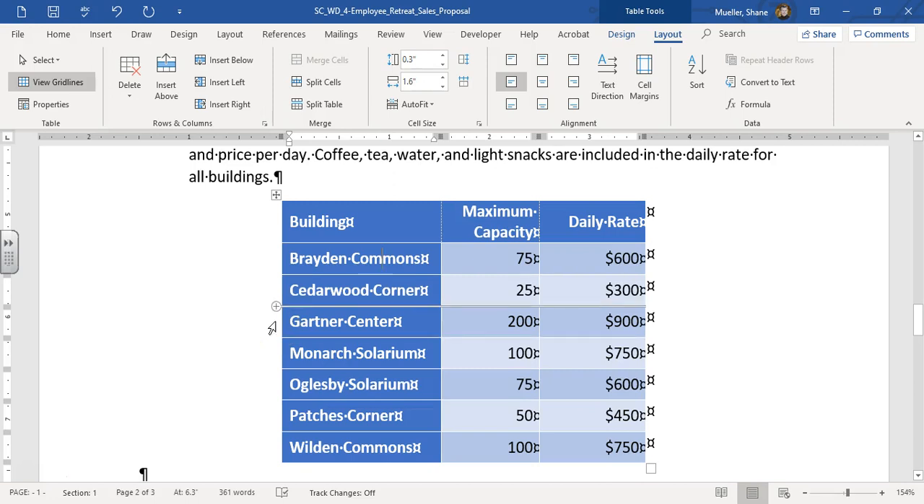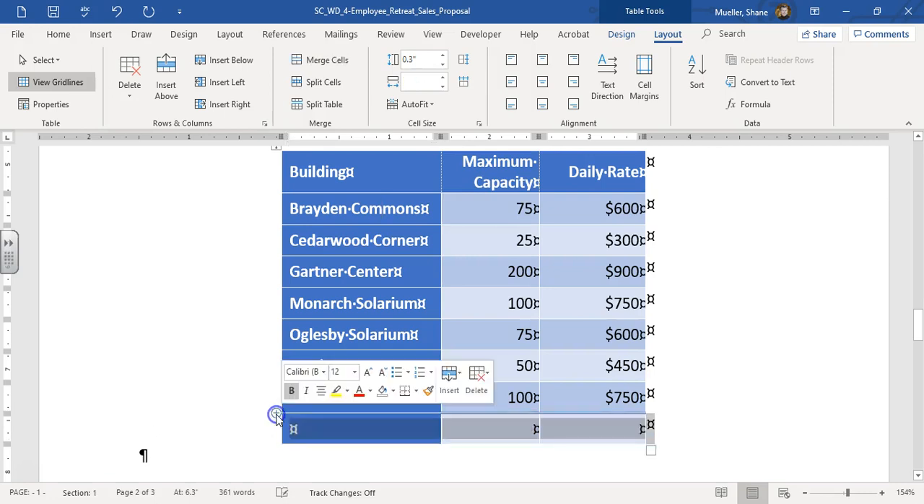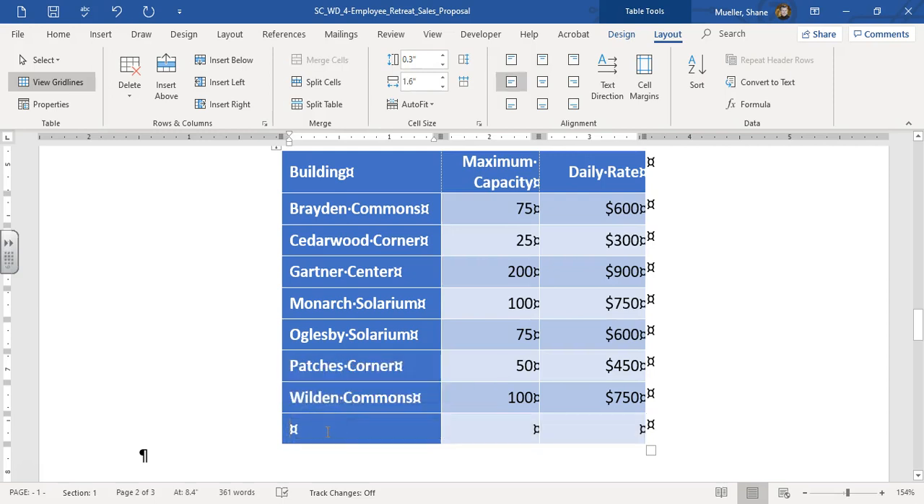So in this case, we want to add a row below the last row, where it says Wilderness, Wild and Commons. So let's go ahead and click on that insert row below. And then in this farthest one, we're going to type total space hyphen space entire site. So if we want to rent that entire site, I guess,